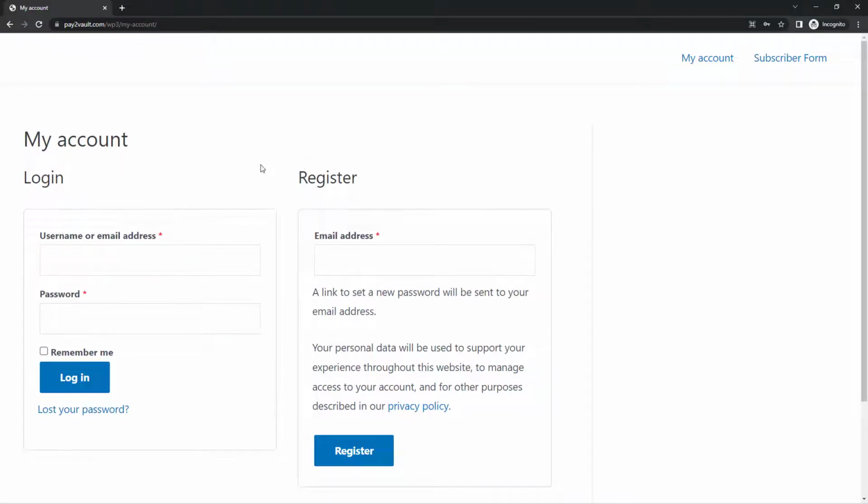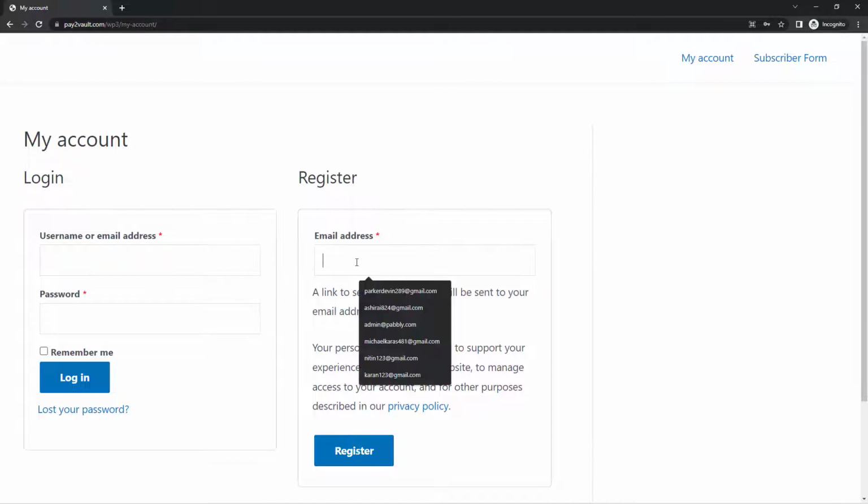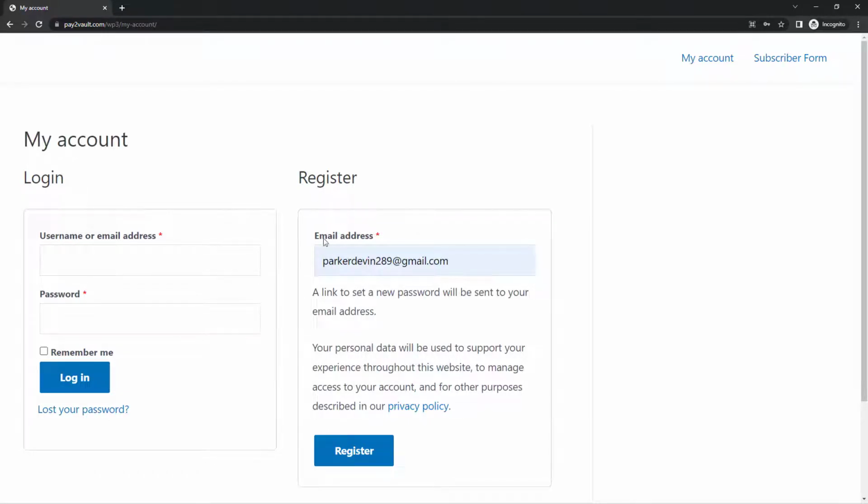So here in the incognito tab, I have opened the registration page of my WordPress site. On this page, a user who has already registered can log into my WordPress site, or by entering their email address, they can register. So we will enter the email address of a dummy user and register that person into a WordPress site. For example, this is the email address of a dummy user,